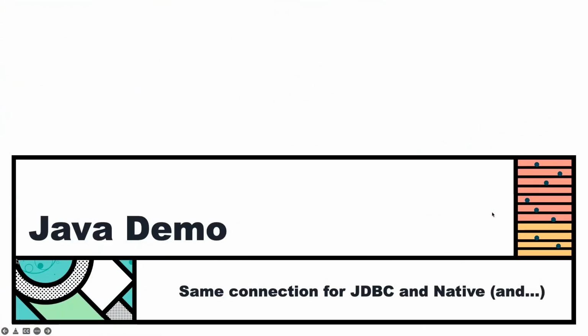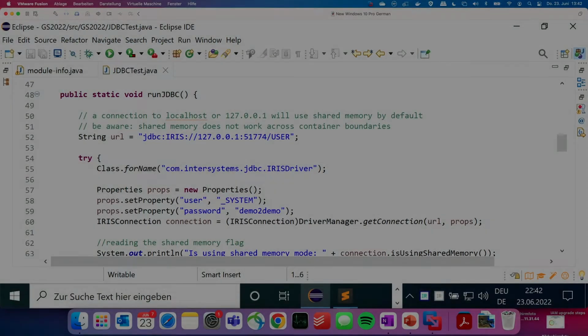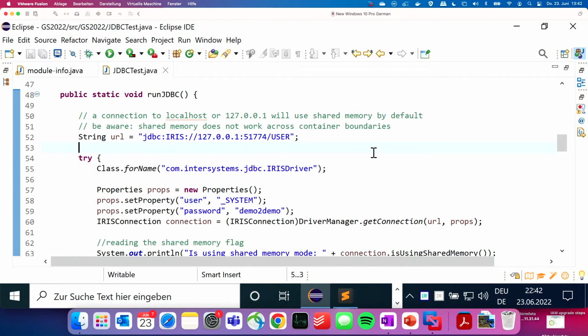That's about it in a quick tour. So let's jump into a very brief demo. Here we are. This is a very simple, small project that I built. It's targeting Java 17, and it's really just basic JDBC, so nothing too fancy. You can see that I'm constructing the connection string right here.